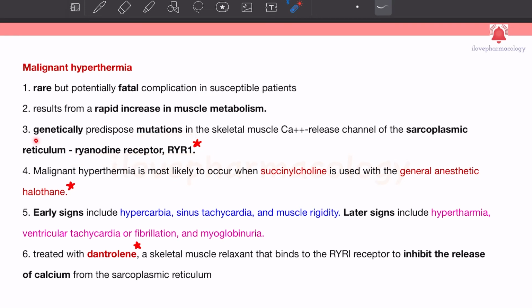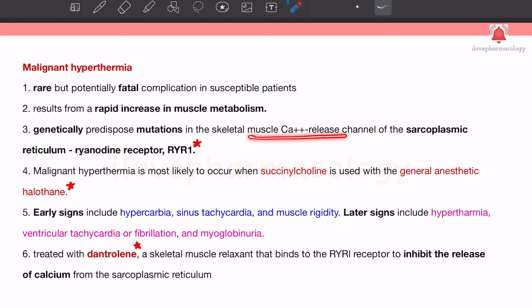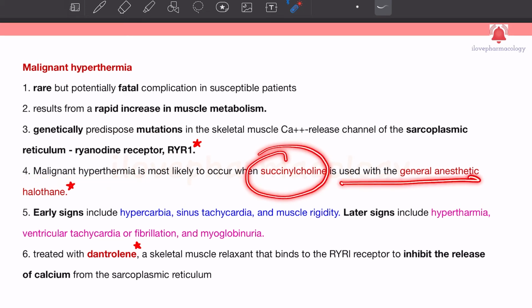So if there is a genetically predisposed mutation in the skeletal muscle calcium release channels of the sarcoplasmic reticulum, this will lead to increased calcium release. Basically, the individuals will have a mutation in the ryanodine receptor RYR1. Malignant hyperthermia is usually seen with succinylcholine whenever it is used along with the general